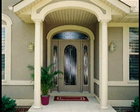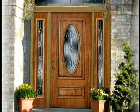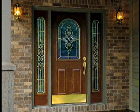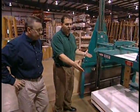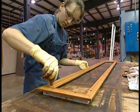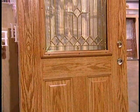As we mentioned in our last segment, entry doors allow you to make a statement with your home's first impression. And even if your existing door is in disrepair, there is a replacement solution. We had a chance to visit the Wausau Supply finishing facility, where our entry door specialist, Dusty Dvorak, gave us a first-hand look at the attention to detail that's required to turn an ordinary steel door into a stunning piece